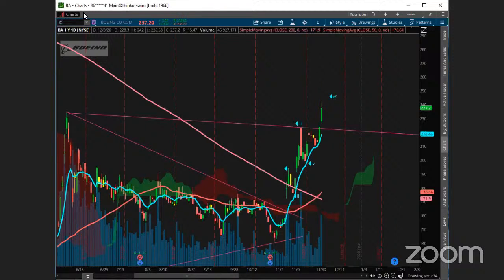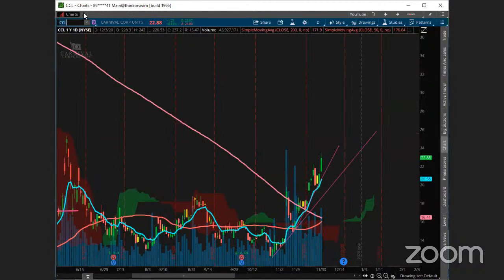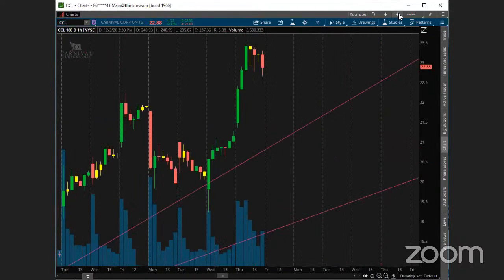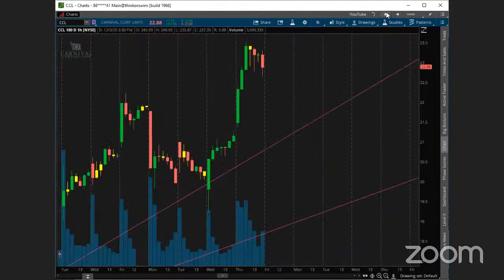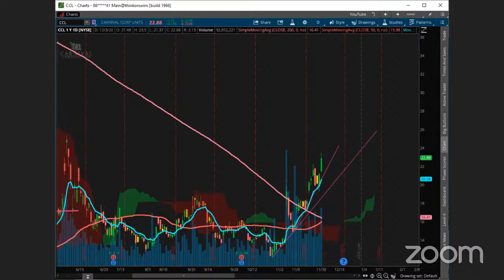So good stuff. And then CCL, it's so tough. This thing is just all stimulus based, but it was just a strong sector day and the airlines were strong today. And Boeing was right along with the airlines. So nice stuff there. CCL was a strong one too. Again, if you can get long here on the breakout of the 15-ORB high on this relative strength, you get some runners on that one. You take some profit on it and you got stops here or even stops at break even on this one. We'll see if we can get some more upside. So nice stuff there on CCL.